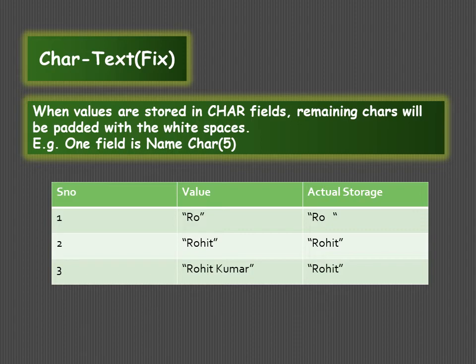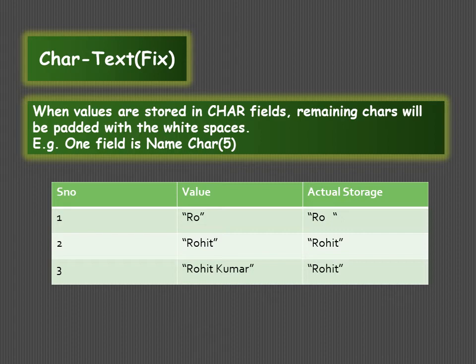For example, if I say name and my name is Rohan, Rohan occupies 5 characters. If I say Arjun, again it has 5 characters, so 5 bytes. If I say Diya, D-I-Y-A, that is 4 characters, so 4 bytes. So we have to specify the length. Now here I have specified length 5.